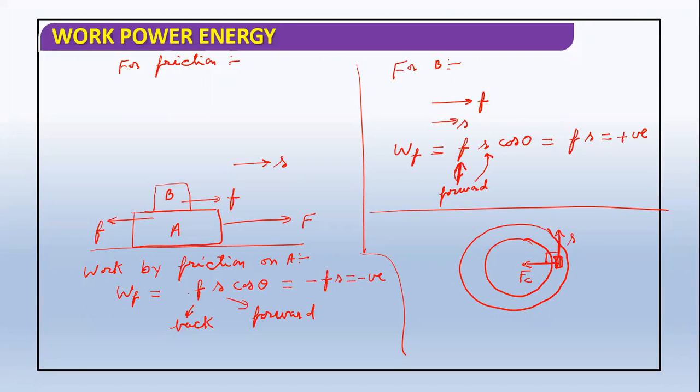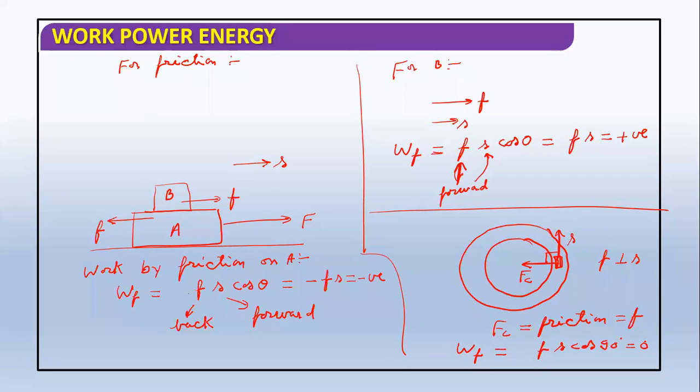So they are perpendicular. This Fc, the centripetal force, is coming from friction. So how much is the work done by friction in this case? Since F is perpendicular to S, the work done by friction is